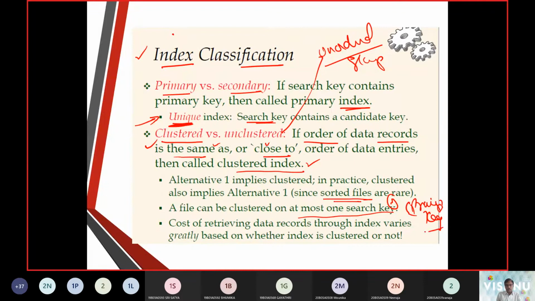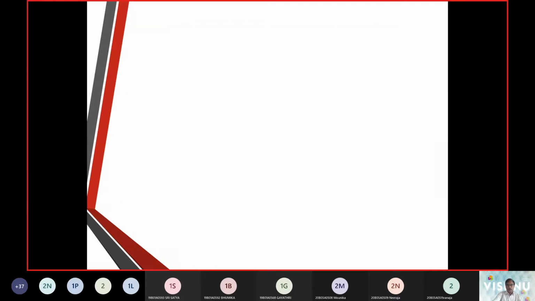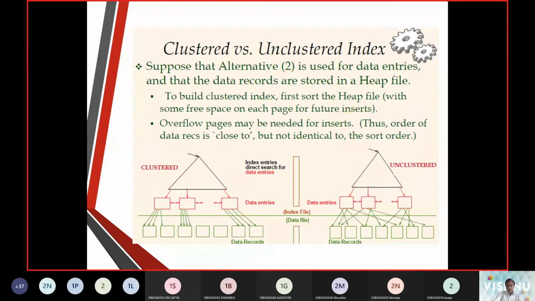Next, the cost of retrieval of data is going to vary greatly. If it is unclustered, it is more. We talked about clustered, which is going to have a primary way of representing the concept.